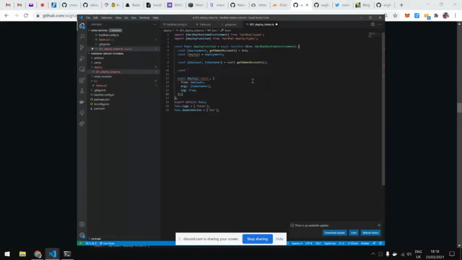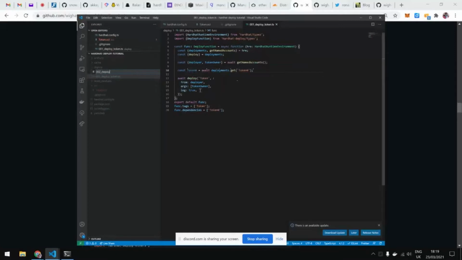Let's do that. Let's call it token 2, or I guess token 0, whatever, and I could say token0 equals await, and here I can use deployments.get, and I will say token0. This obviously by itself will not work because I don't have any token0 deployment. So I will need to create a new one, let's say token0, because I want to happen.